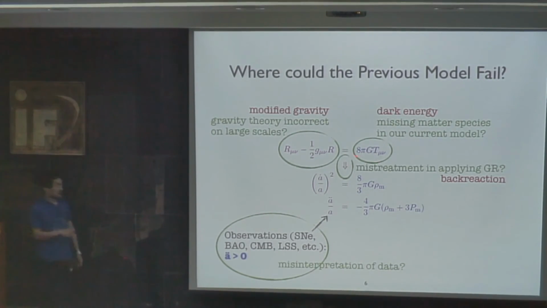A final possibility is that when we move from the Einstein equation to the Friedmann equation, we have made certain simplifications. We have assumed that on large scales, the universe is homogeneous and isotropic, and we have neglected any effect caused by the inhomogeneity in the matter density field. And that, in principle, can affect how you go from the Einstein equation to the Friedmann equation. So this is what people call back reaction, and those back reaction terms could be added to the Friedmann equations, and those can cause what we see as a cosmic acceleration. So in this talk, I will concentrate on these two possibilities, because research on these possibilities is still not very active.